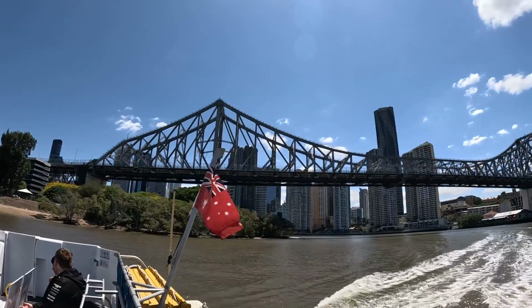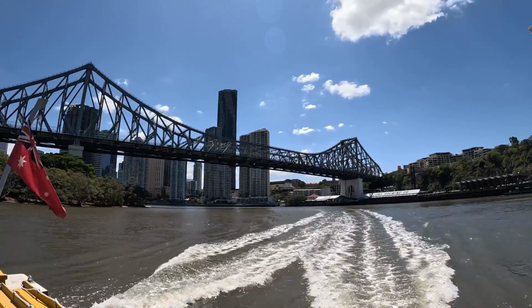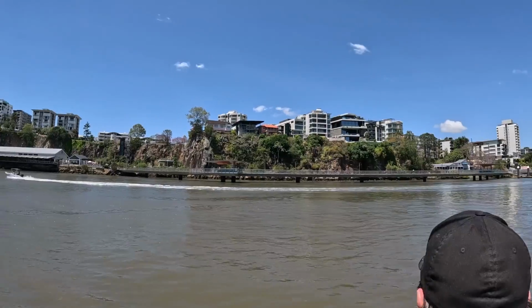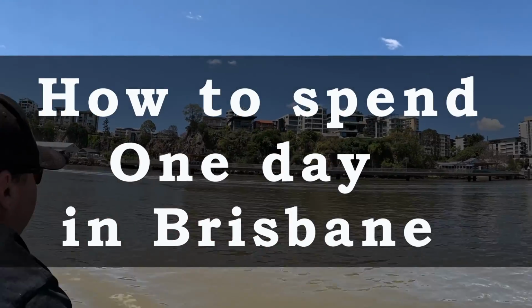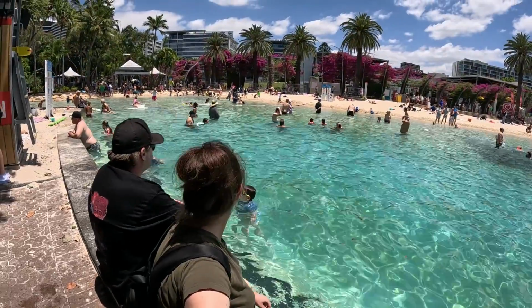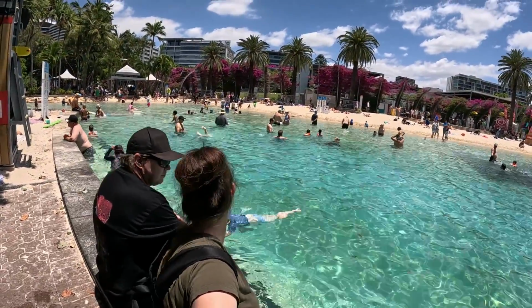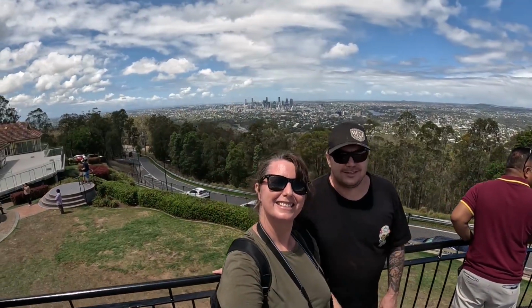Major cities like Brisbane offer so much for visitors, from indoor activities and cultural experiences to outdoor adventure. But if you only had one day in Brisbane, how would you spend your time? I've been a local here for the past 20 years and I've done almost everything this city has to offer. Therefore, I think you just need to know your options and narrow it down to what you want to see